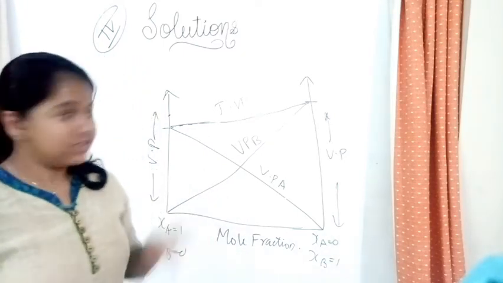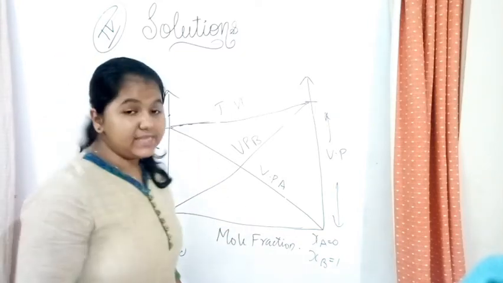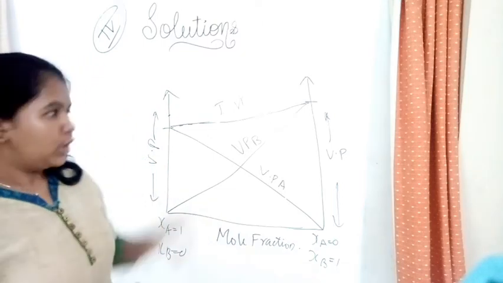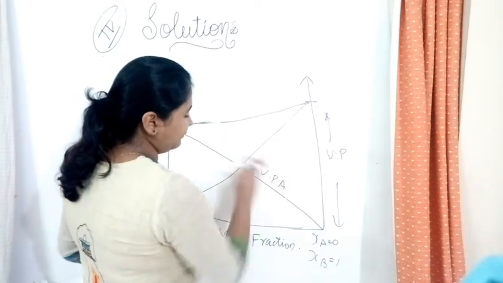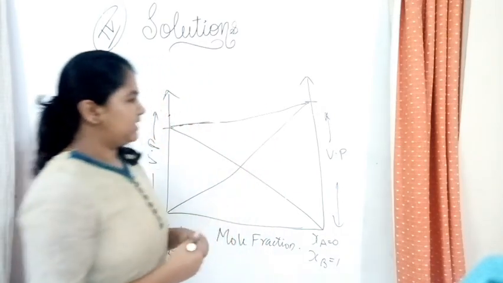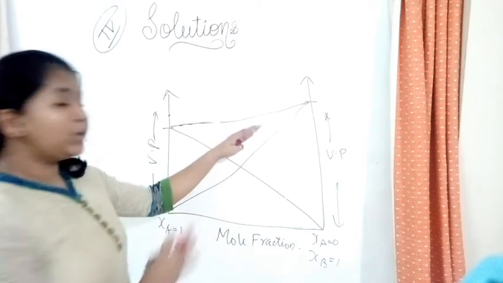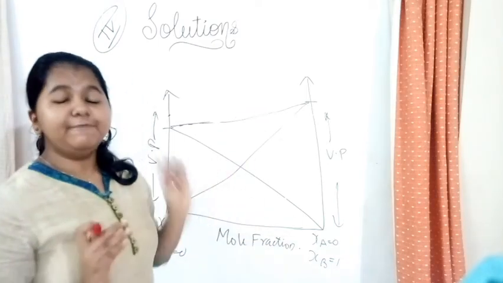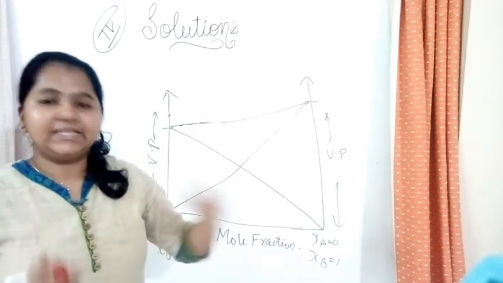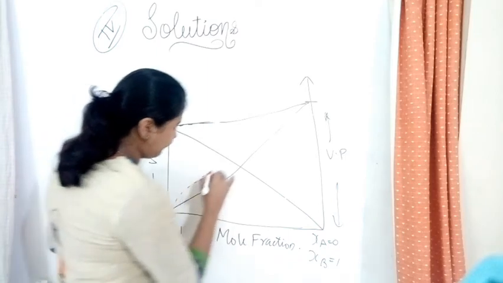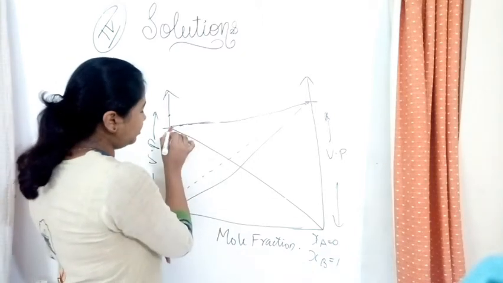Now what are we discussing? Non-ideal solutions, and we have two different categories for non-ideal solutions, that is positive deviation and negative deviation. So let's make the graph in the same thing itself. I'm just rubbing out what we wrote right now. So let's take the case of positive deviation first. This is what we get by using Raoult's law. So in the first case, positive deviation, what does it show? It shows a little more increase, not decrease. So the graph would look like this. Am I right? Over here also it will be the same, no?